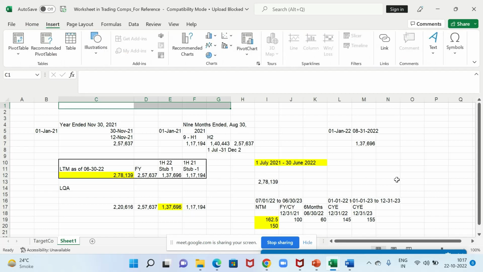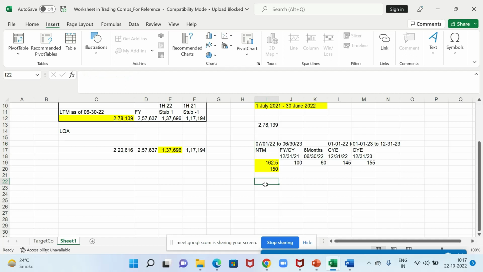Sir, suppose for the fiscal year like 21, if it were the current year and the fiscal year would have been different, what are the impacts we can see? Can you relate your question with this equation? Just let me know what your question exactly is. Sir, you mentioned that here the fiscal year and calendar year are the same. So if it would have been different, how will it impact?